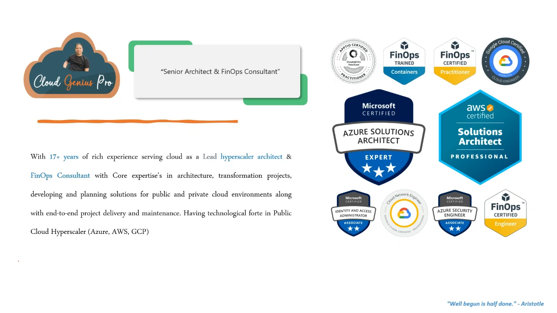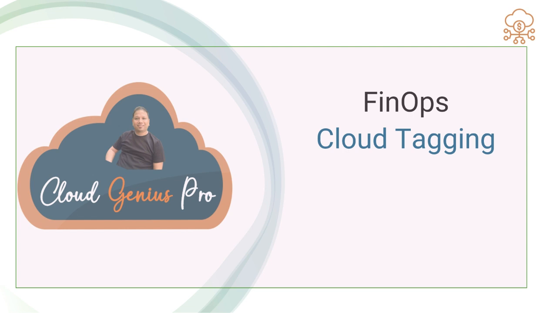So in today's video, we are going to talk about a very basic topic of cloud, which is cloud tagging. Though it is a very basic topic, it is very important in terms of FinOps, as the FinOps definition itself says that FinOps is all about enforcing the culture of accountability, and accountability can be monitored easily with the help of tagging. So tagging you can consider a core of FinOps. Without the appropriate tagging, you cannot imagine a successful FinOps adoption.